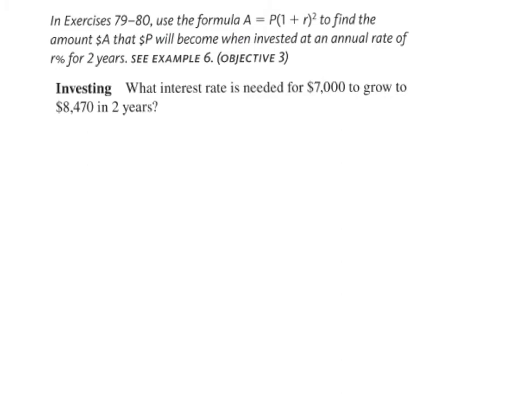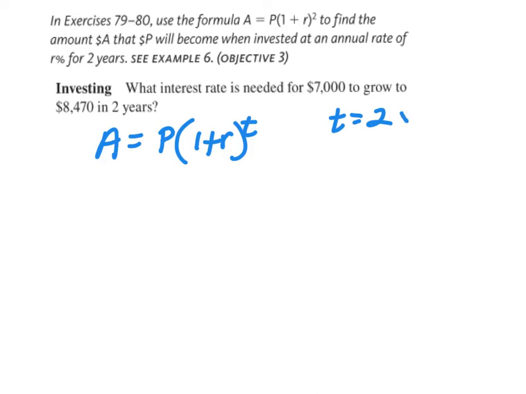So the next problem we're going to be looking at is, what is the interest rate needed for $7,000 to grow to $8,470 in 2 years? We use the compound interest formula for this. The formula for compound interest is A equals principal times 1 plus r to the t. In this problem, t is going to equal 2, so that'll make a quadratic equation, and that stands for 2 years. R is the interest rate, the compound interest rate, P is the beginning amount, A is the amount you have